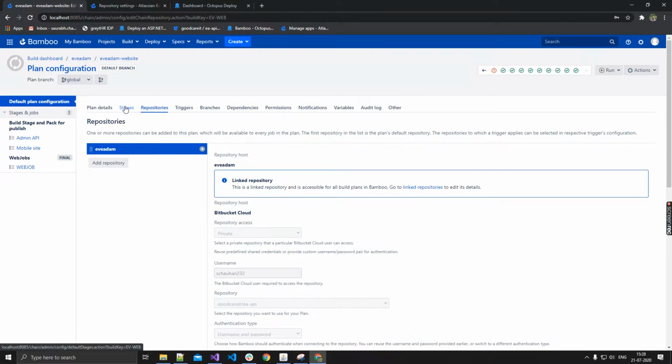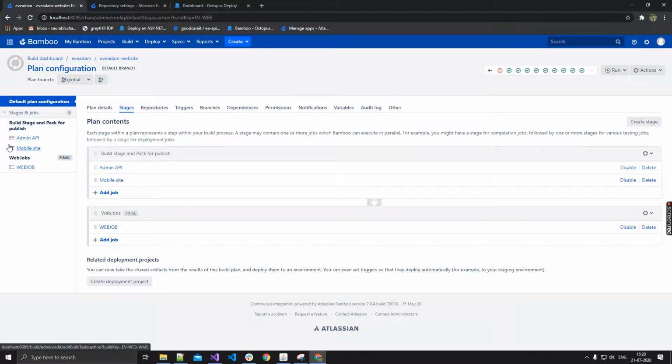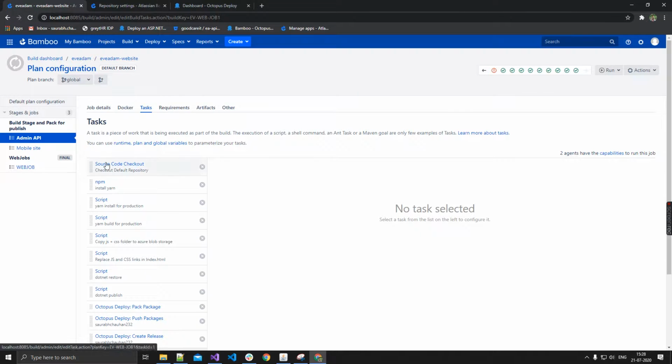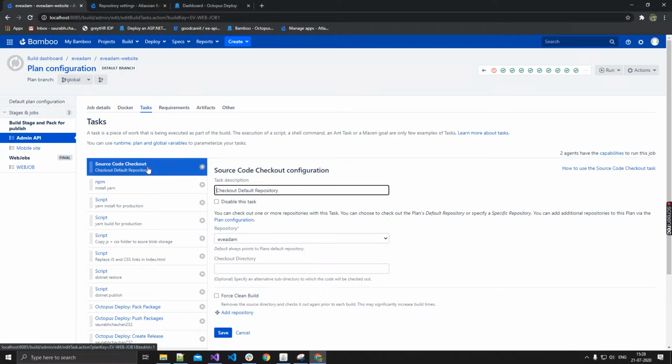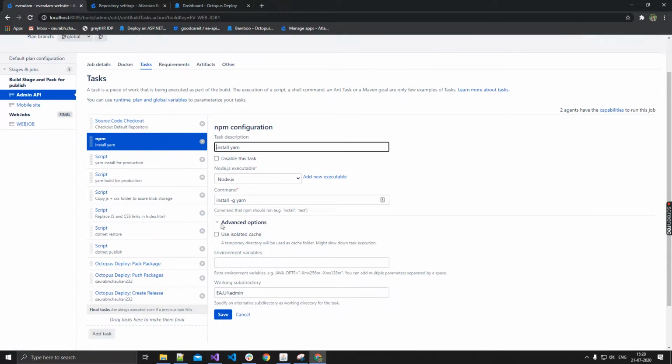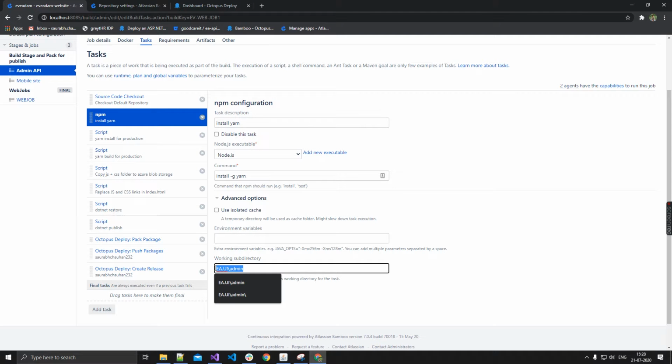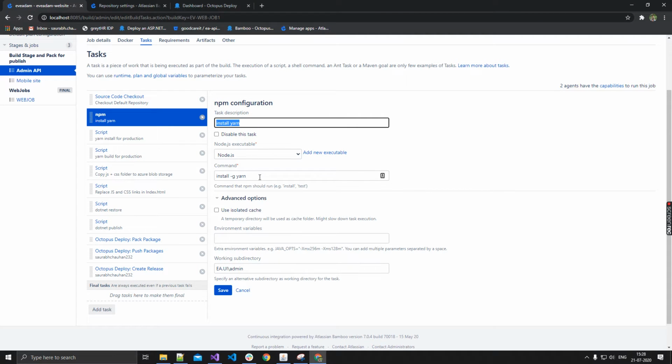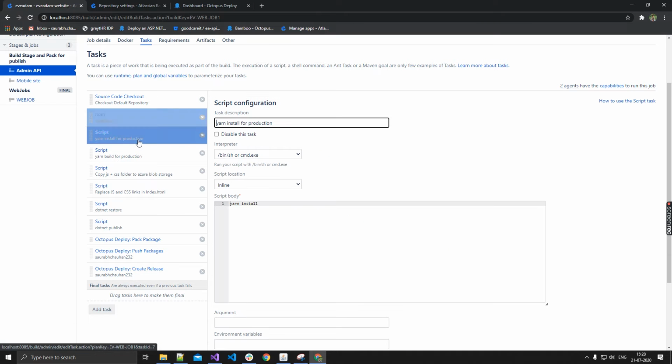Let's go to stages. We have three stages: admin API, build mobile, and web jobs. Let's go into the admin API first. Over here, first it will check out the repository, and I have configured the global branch as the default branch, so it will check out that. After that, it will go inside the EAUI folder and run yarn install, yarn global. Apart from that, sorry,